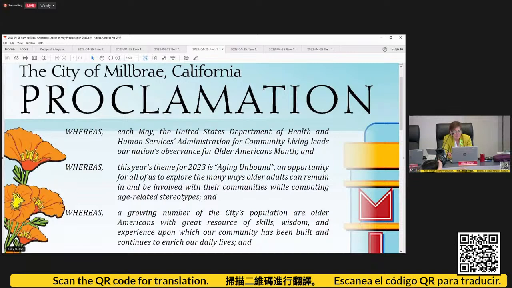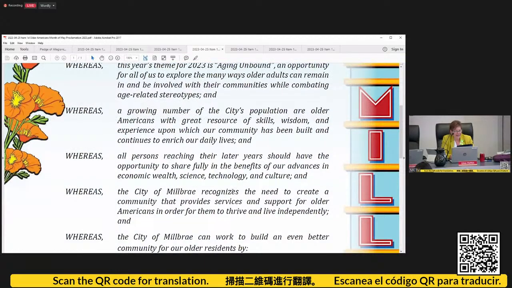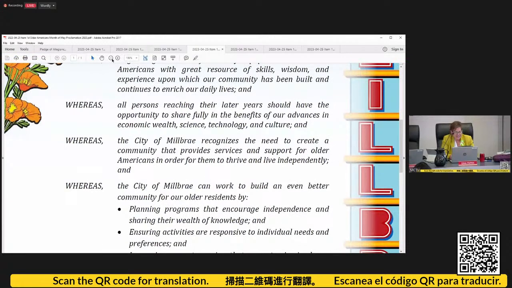And whereas a growing number of the city's population are older Americans with great resource of skills, wisdom, and experience upon which our community has been built and continues to enrich our daily lives. And whereas all persons reaching their later years should have the opportunity to share fully in the benefits of our advances in economic wealth, science, technology, and culture. And whereas the City of Millbrae